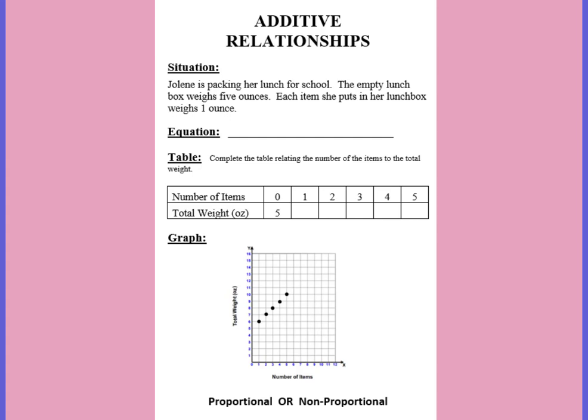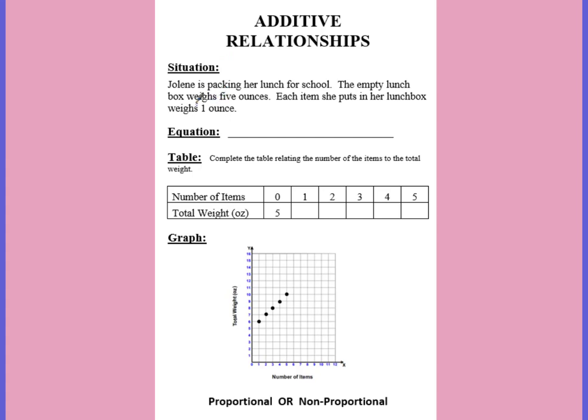Okay, so let's put it all together. We have a situation. Jolene is packing her lunch for school. The empty lunchbox weighs 5 ounces. Each item she puts in her lunchbox weighs 1 ounce. So we need to come up with an equation. So we first need to determine, is this additive or is it multiplicative? And yes, it does tell us that it is additive, but looking at your situation,